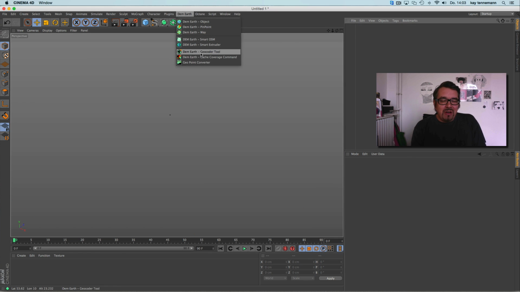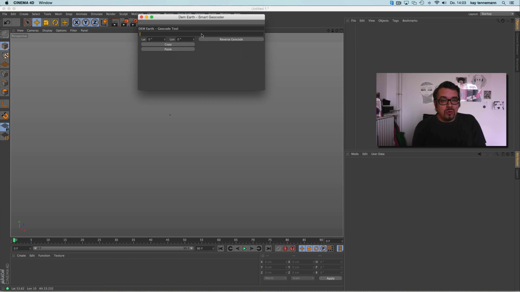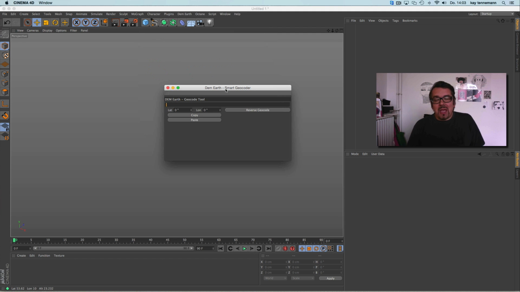But we have a very genius little thing, the DEM Earth geocoder tool, and here you can just type any place you'd like to visit. It works like Google Earth: you give the place and it flies you to this place. I'd like to try my last vacation place, Malaga, in the south of Spain. Very cool place, because there is everything in it. When I type it in, it gives us the right